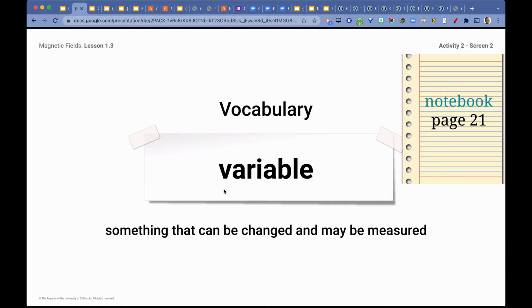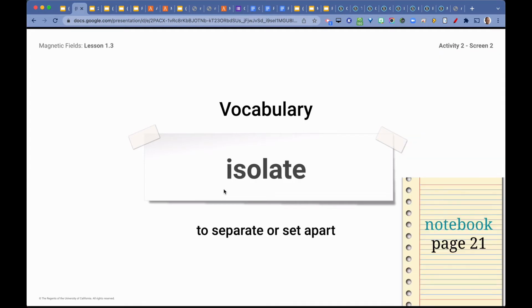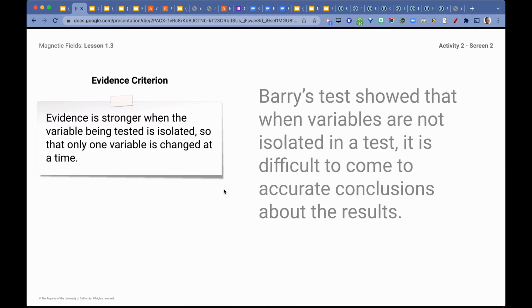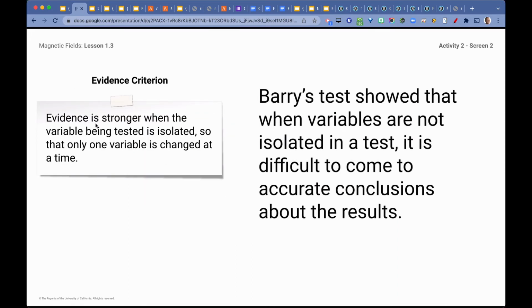So Barry's trying to test the variable that the strength of the magnet determines whether the magnets repel or attract to each other. And isolate means to separate or set apart. So the big question was, well, did Barry isolate the variable of magnet strength? And so evidence criterion, evidence is stronger when the variable being tested is isolated so that only one variable is